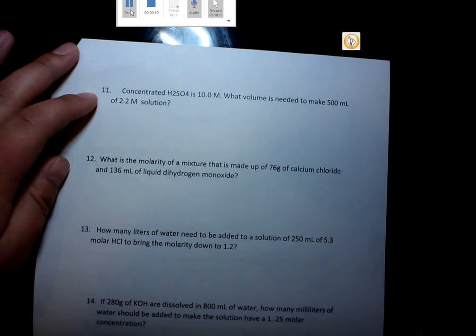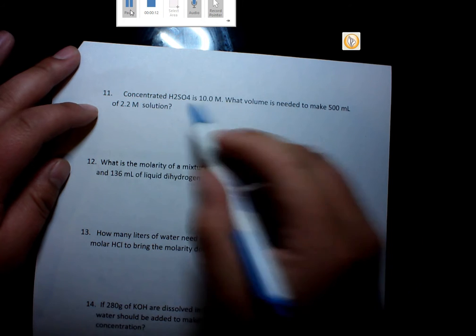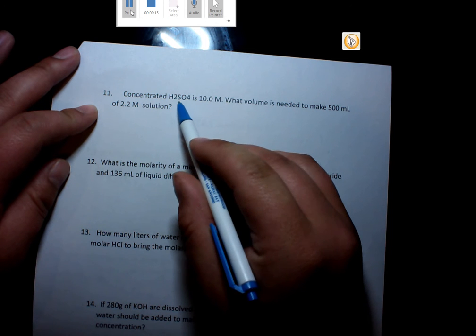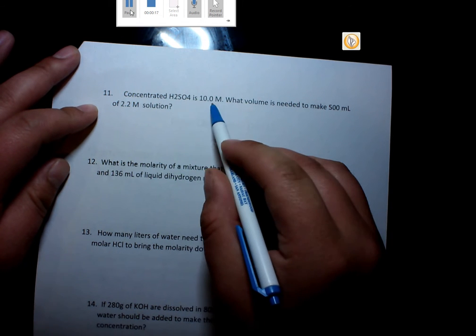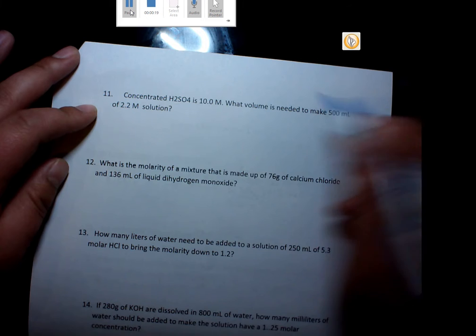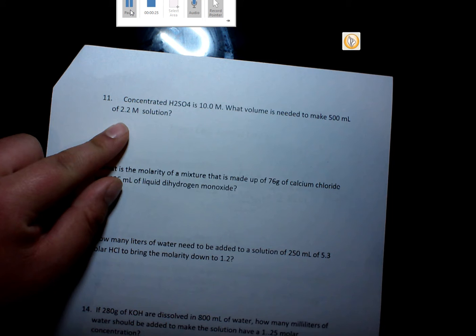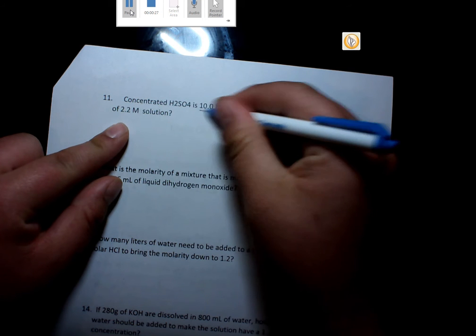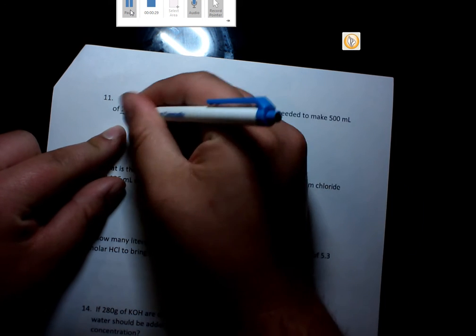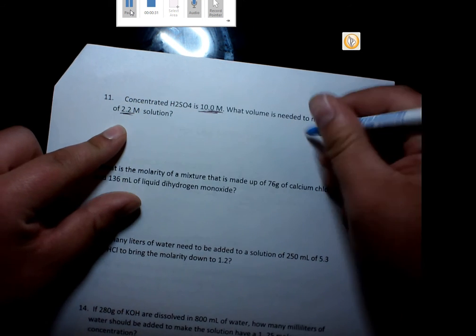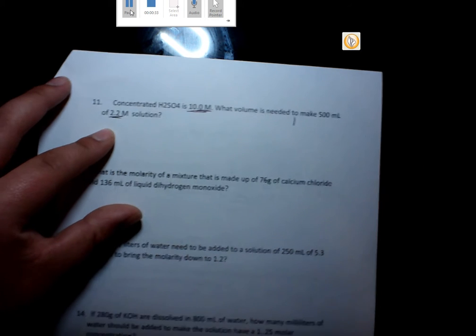Starting at number 11, concentrated H2SO4, that's sulfuric acid, is 10 molar concentration. What volume is needed to make 500 milliliters of a 2.2 molar solution? So first thing we should notice here is we've got a change. We're going from 10 molar to 2.2 molar. Well, if there's a change, we know our equation should be